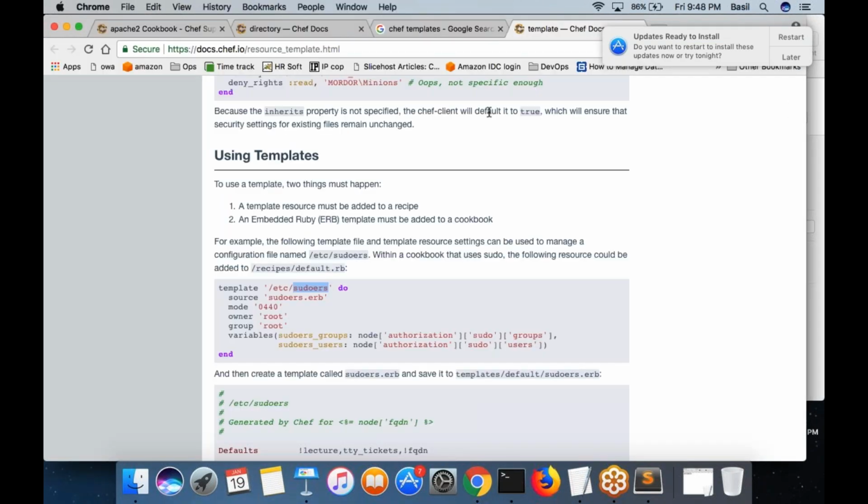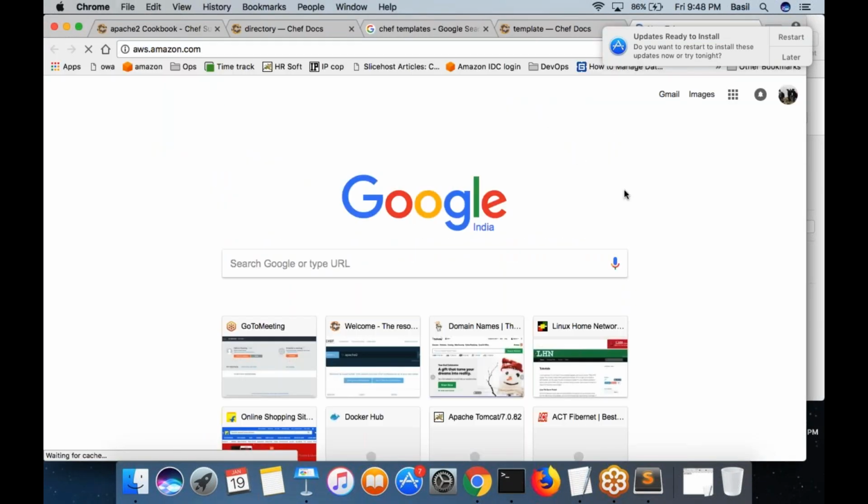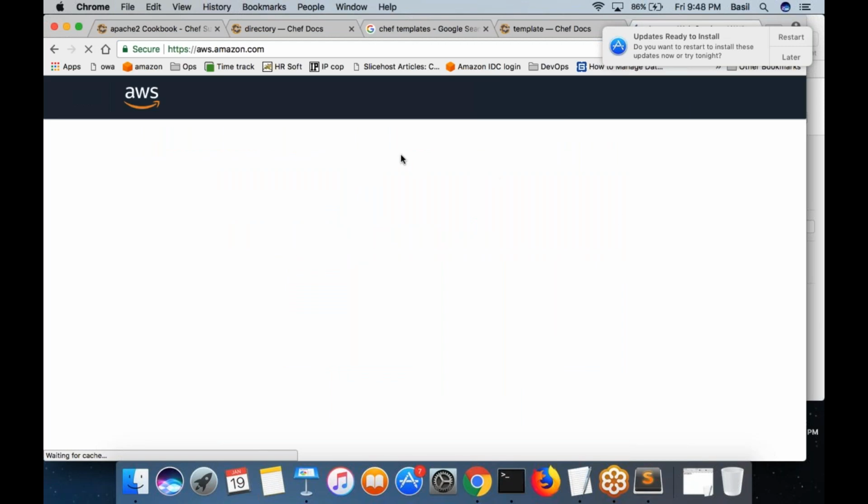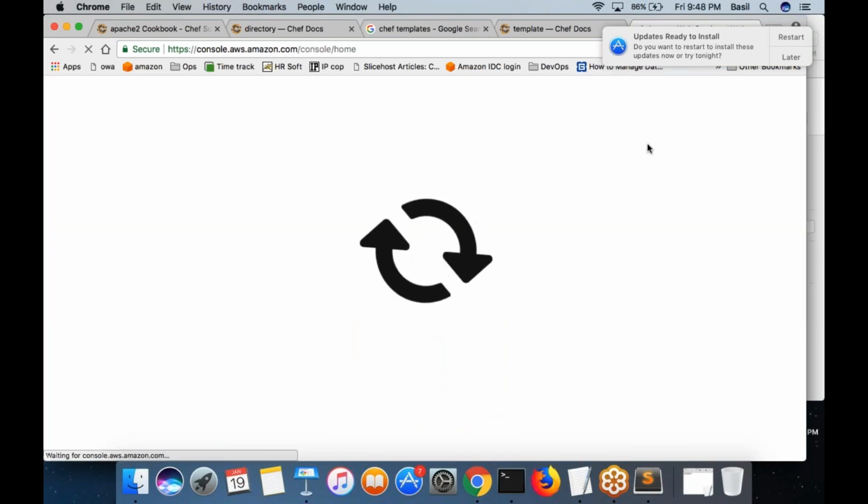If you remember, let me log into one of my Linux machines. I will log into the web001 machine itself.